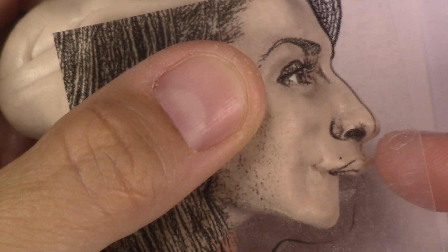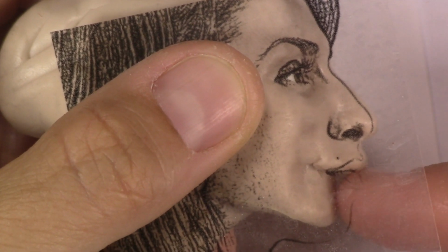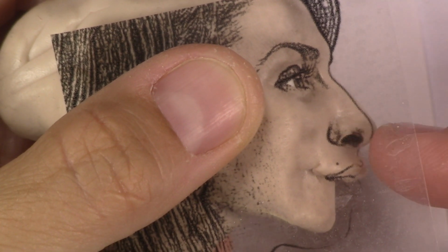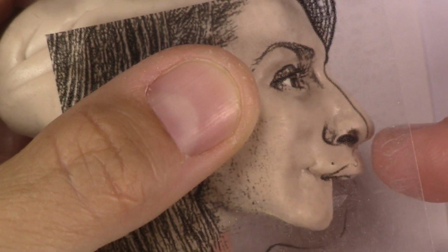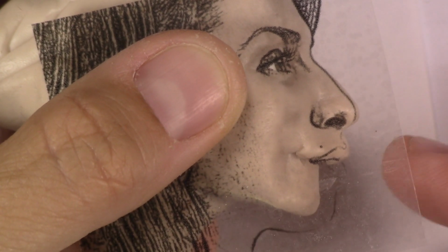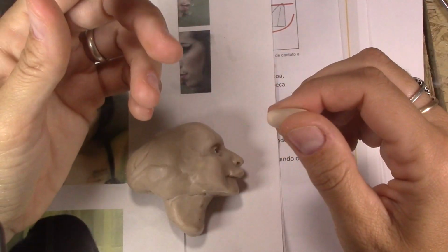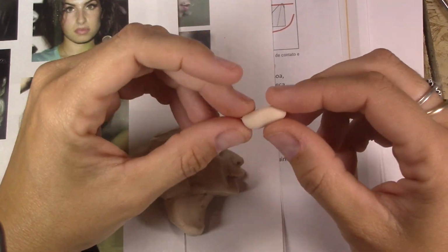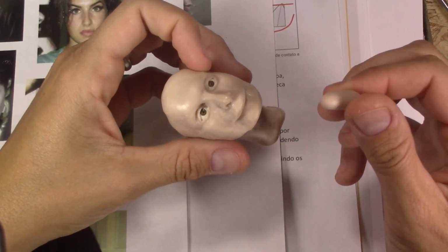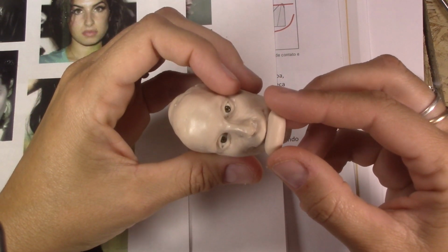Look there. I have to go a little bit more in here. Try to find it as nice as I can, but I have enough clay, I have enough volume. You see, it's almost there. And now I'm gonna build up the bottom volume. So I just made like no shape at all, just this little bit of clay and kind of symmetrical. I have no idea what I'm gonna need to change here, but I'm gonna place here